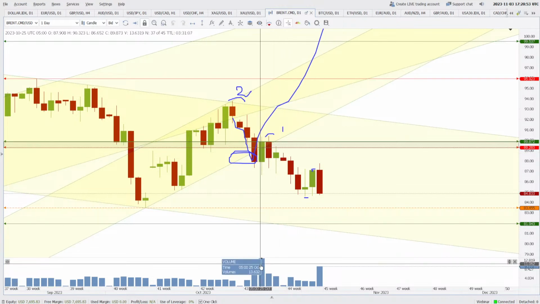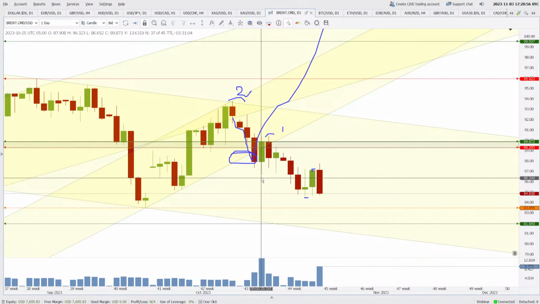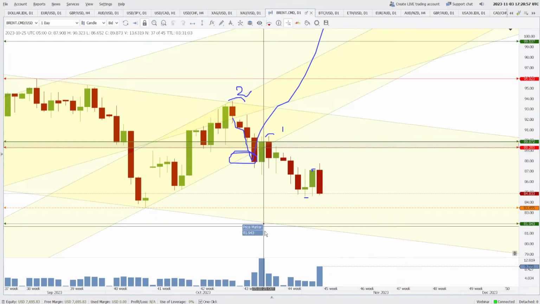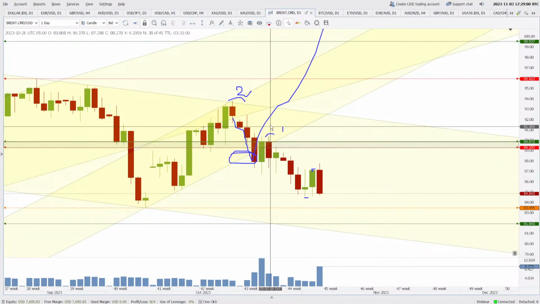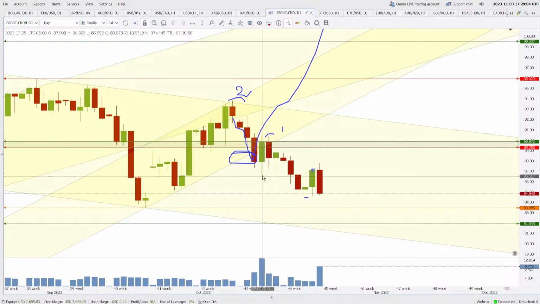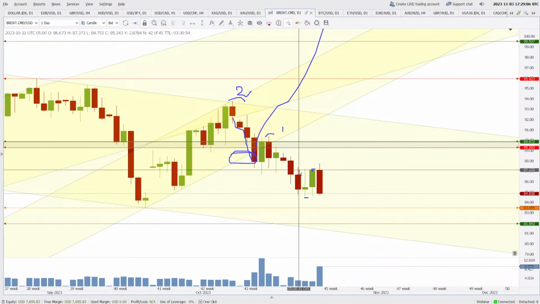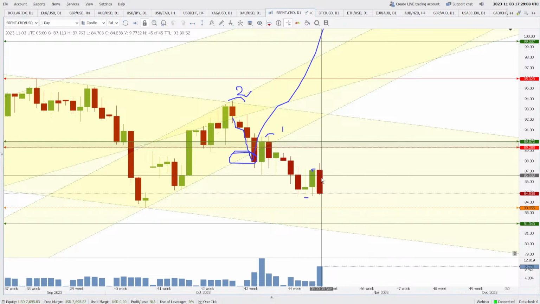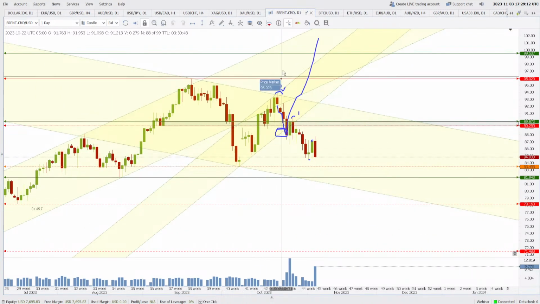You see these all volumes are taken out. So this candle was having huge volumes when we were expecting an up move, then suddenly came something which pushed the prices down even lower than these lows, and now this is acting as a resistance. So yes, lower prices are very much possible in this market, guys. What do you think about the Brent? Let me know please in the chat if you have any opinions about the Brent.